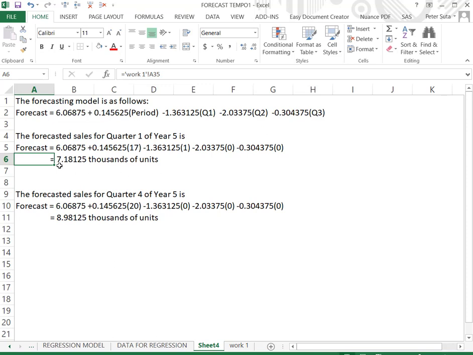So if you want to forecast sales for Q1 of year 5, which is not observed because we only have 4 years of data,